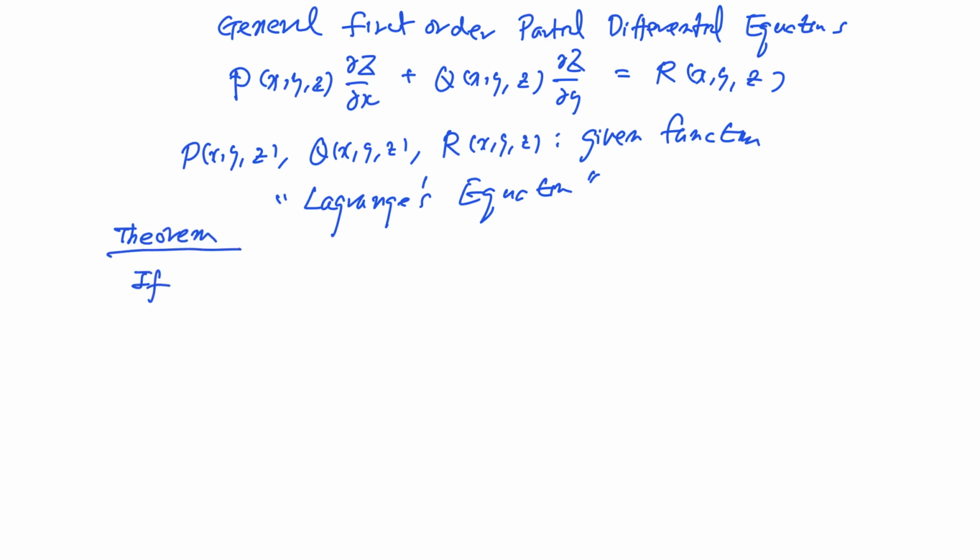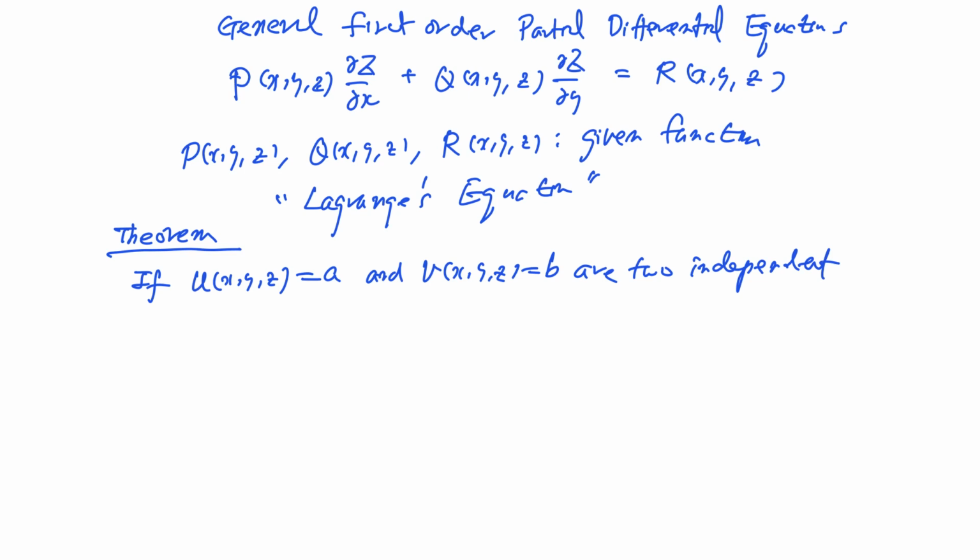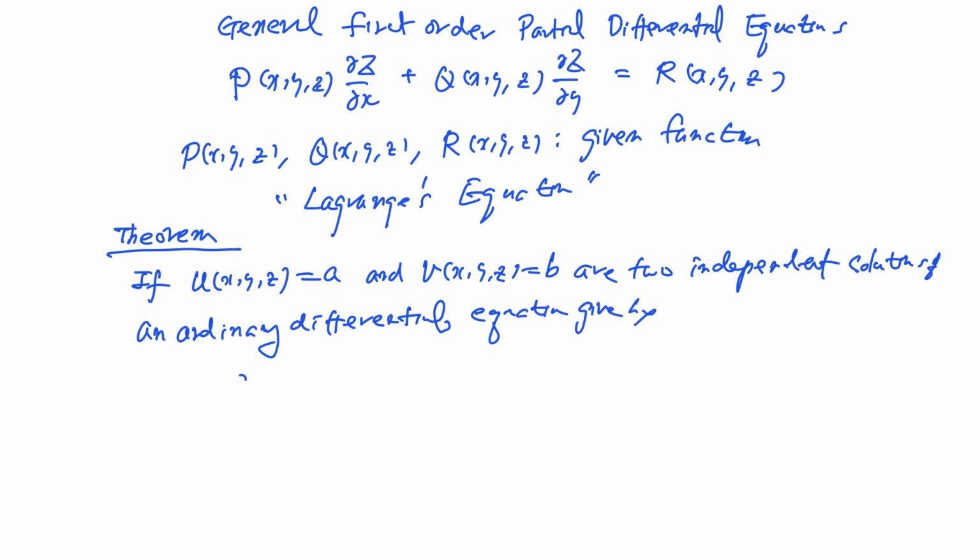If u(x, y, z) equals a and v(x, y, z) equals b are two independent solutions of an ordinary differential equation given by dx over p, dy over q, dz over r,